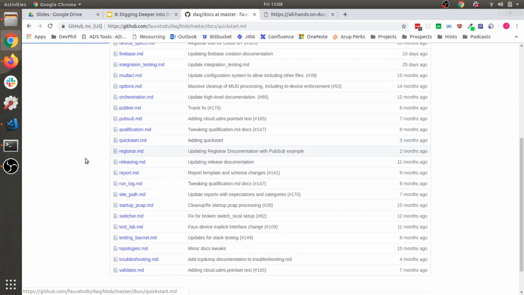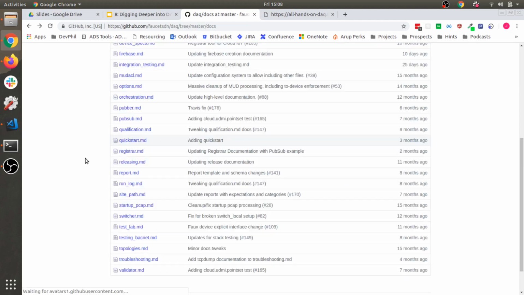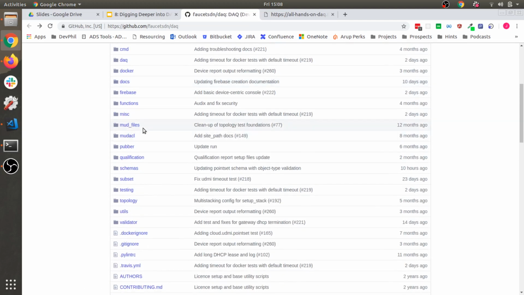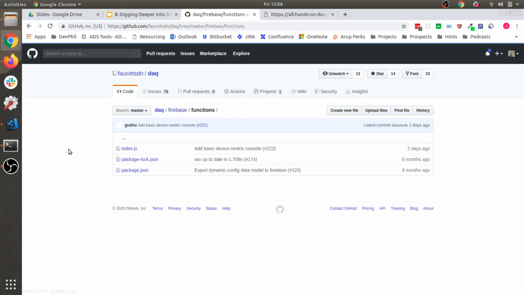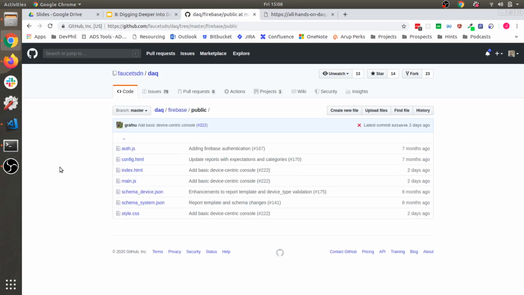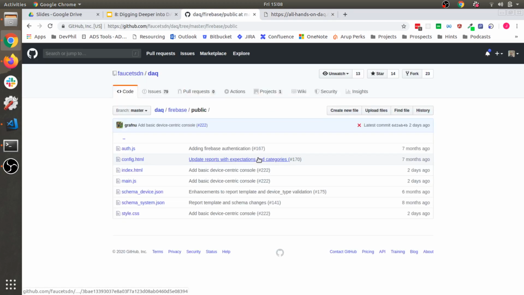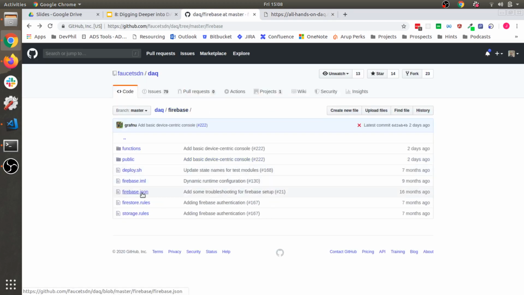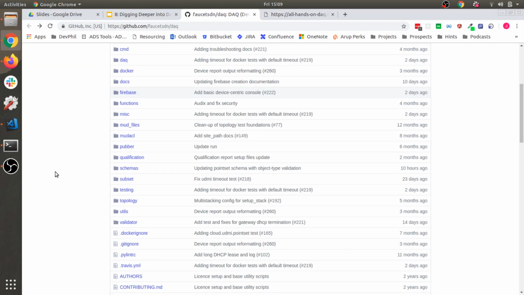There is a quick start MD, which does what it says on the tin, quick start stuff. Anyway, so those are the docs. Firebase, in here you'll see a load of JavaScript functions. And these do things to do with Firebase. That is how the dashboard itself works, and how the dashboard communicates both with Firebase and with the local machine that is running DAQ. There's also the deploy script, which we ran before when we were discussing DAQ's Firebase dashboard,